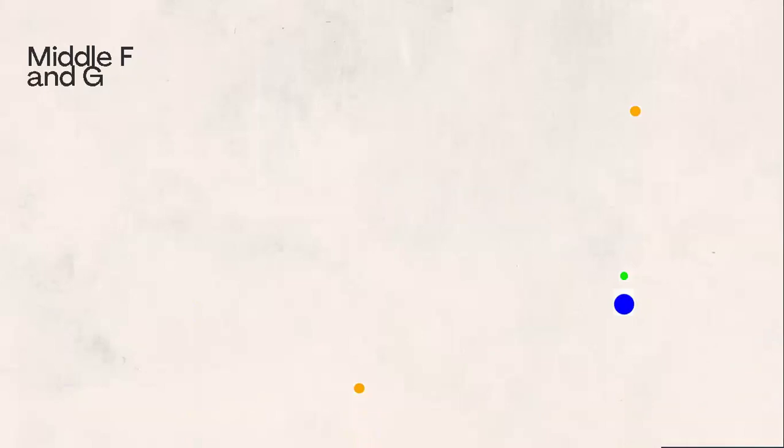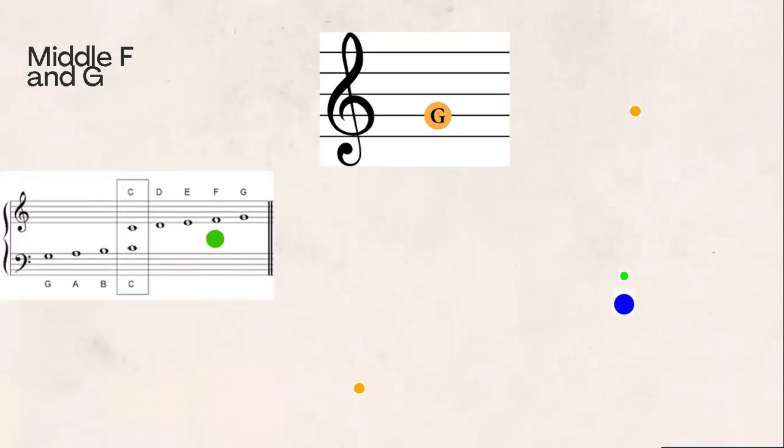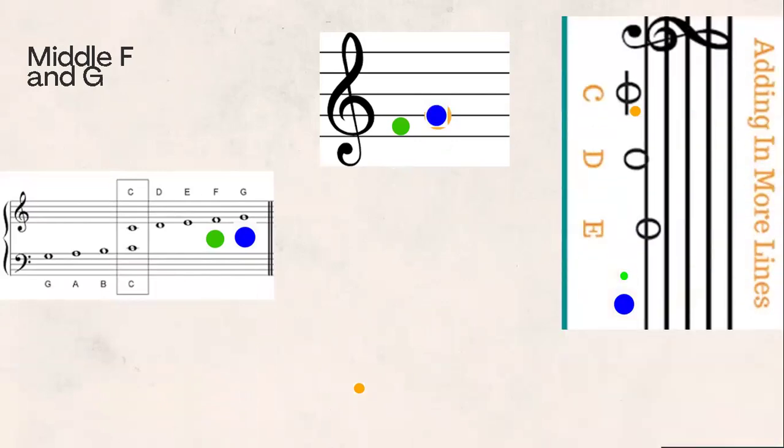The middle F and middle G. Middle G is written on the second line, while middle F is written on the first space of the treble clef. It comes before the middle G, just right there. So you can see F is on the first space and G is on the first line. You can see this space and line are just beside each other,